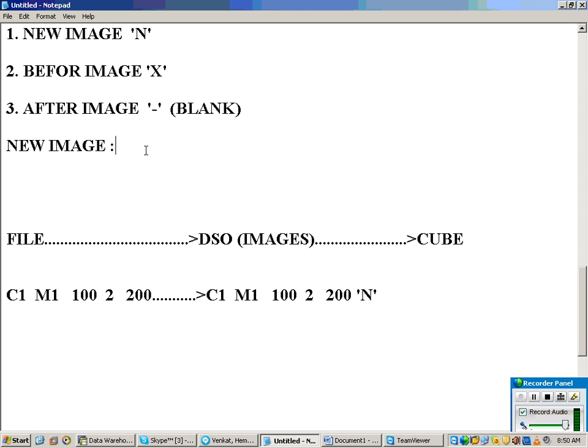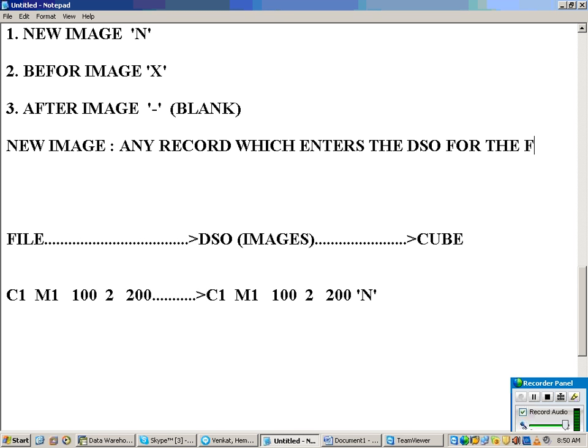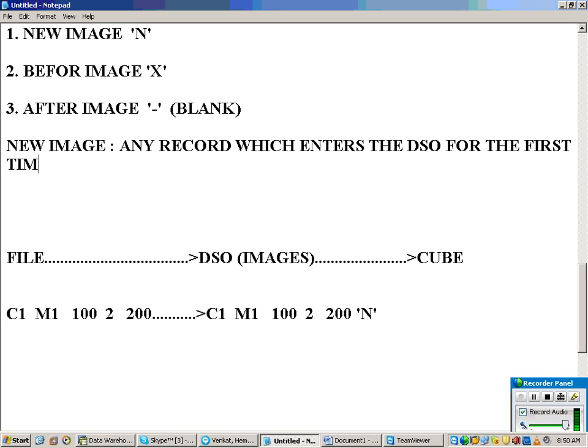So what is a new image? Any record which enters the DSO for the first time will be marked as N. For all the 10 records, it will put N.